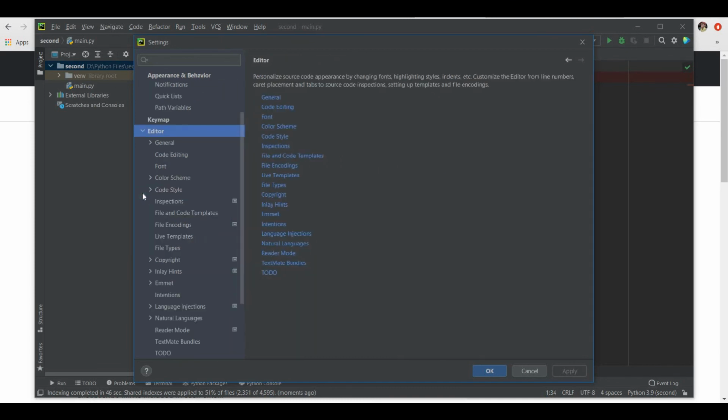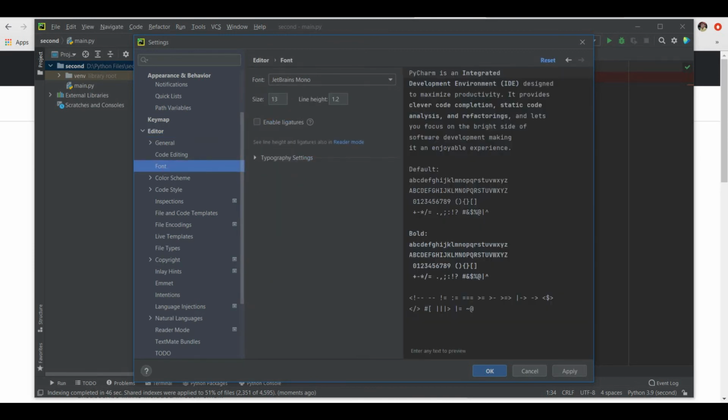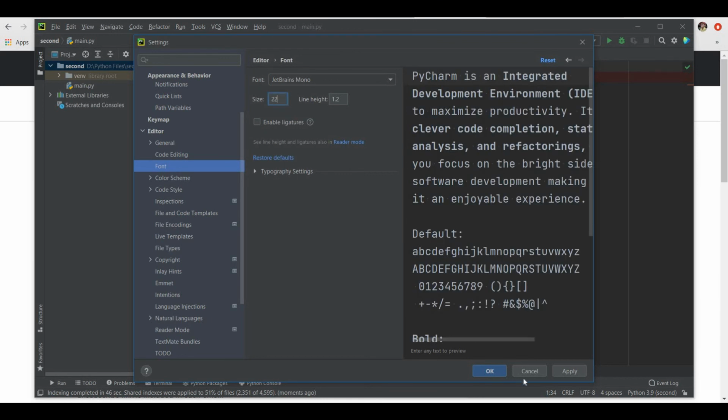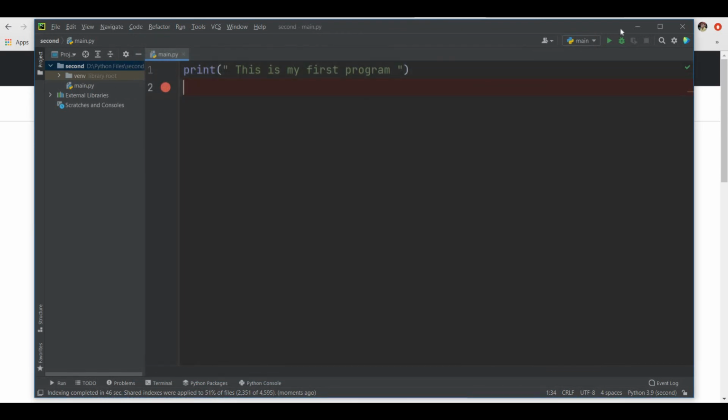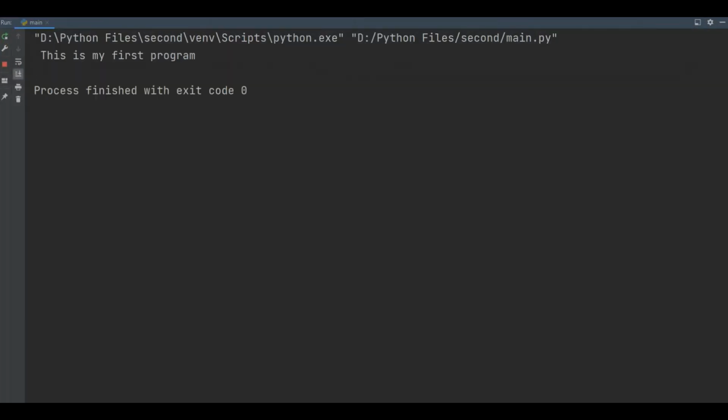This is the editor. Click on font and then you can select the number. By default it is 12 or 13. You can write 22 or 25, whichever font size is okay for you, you can select that one.